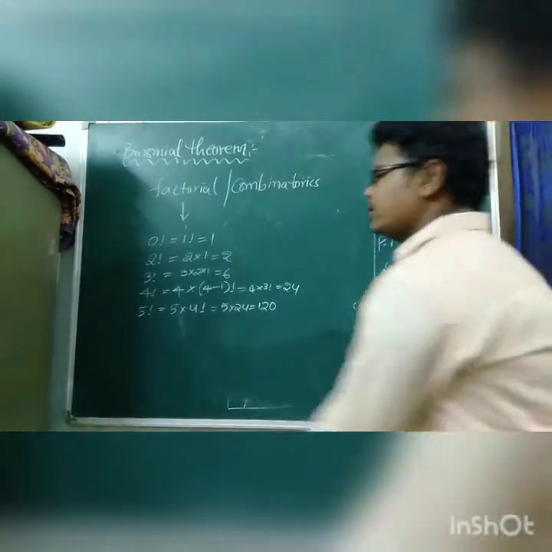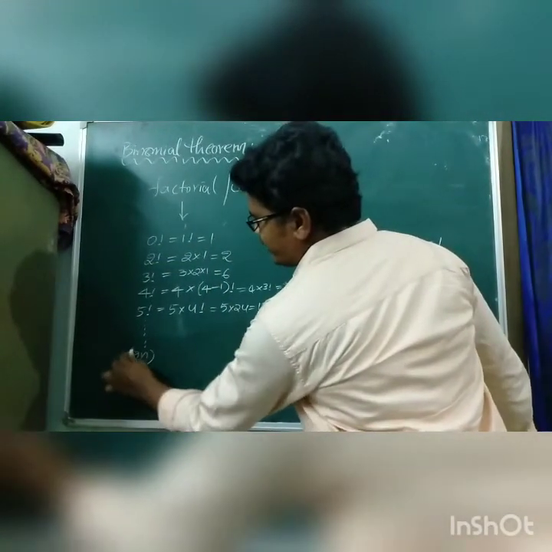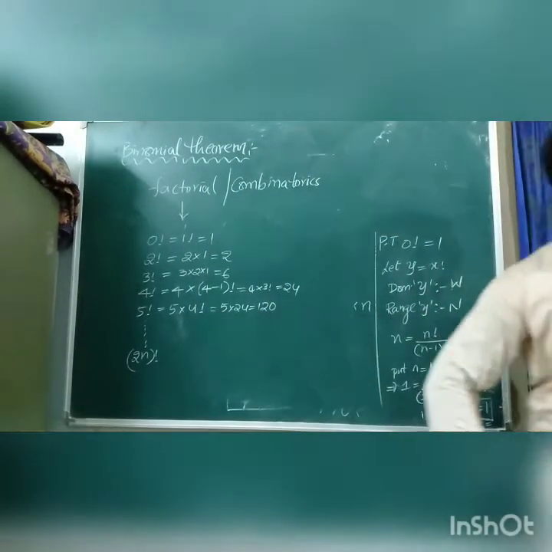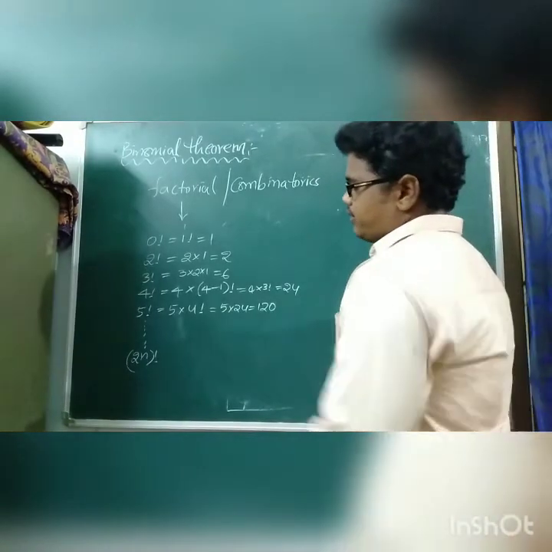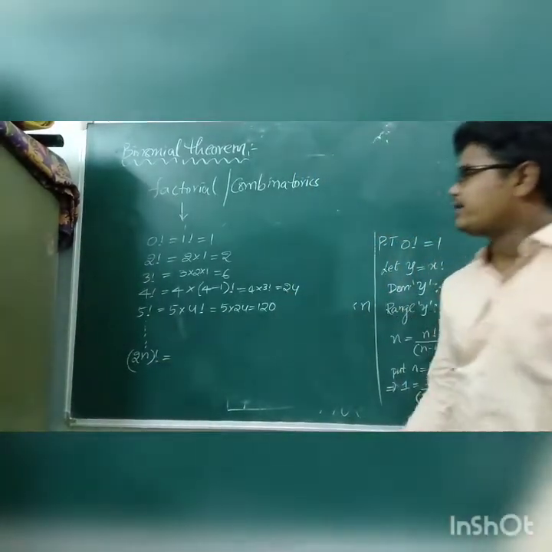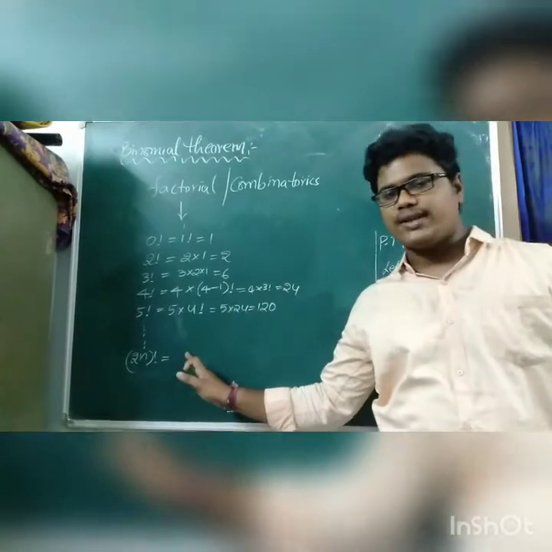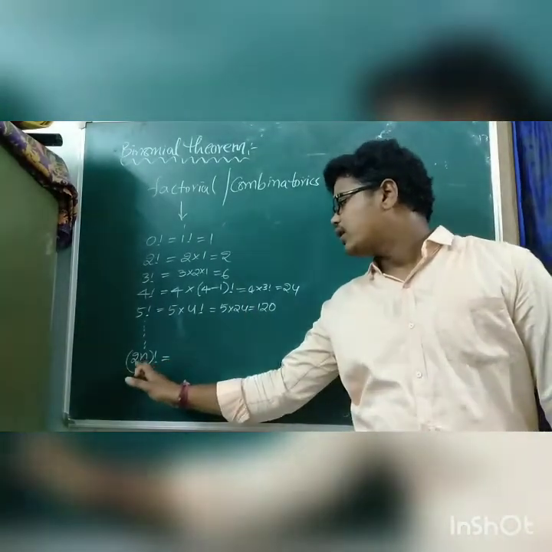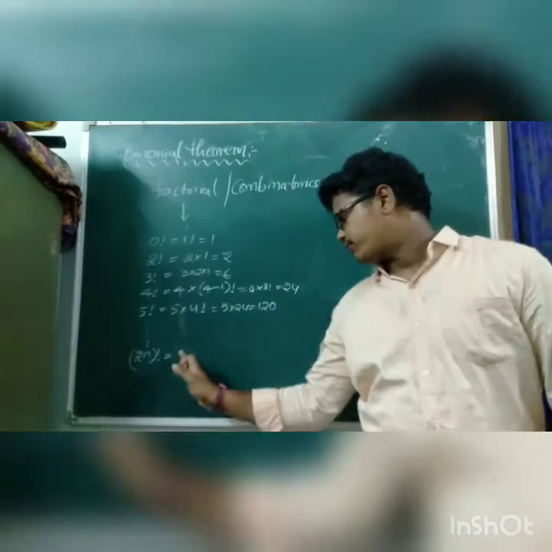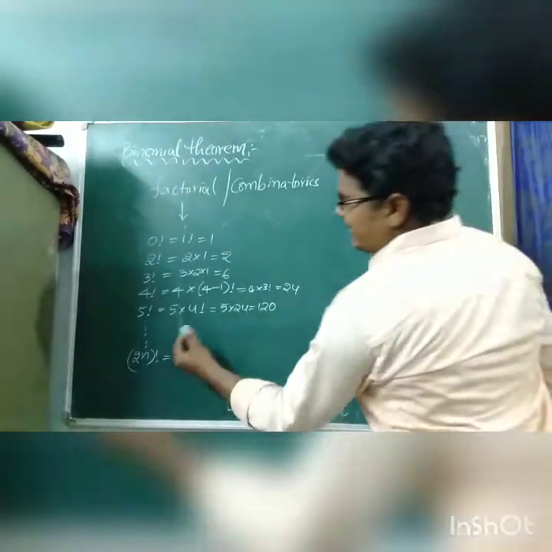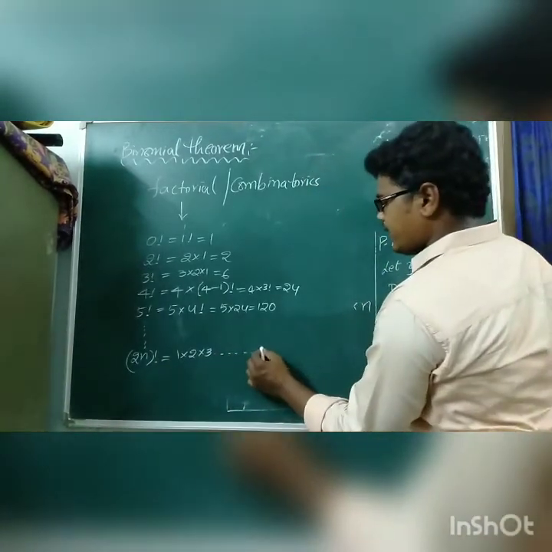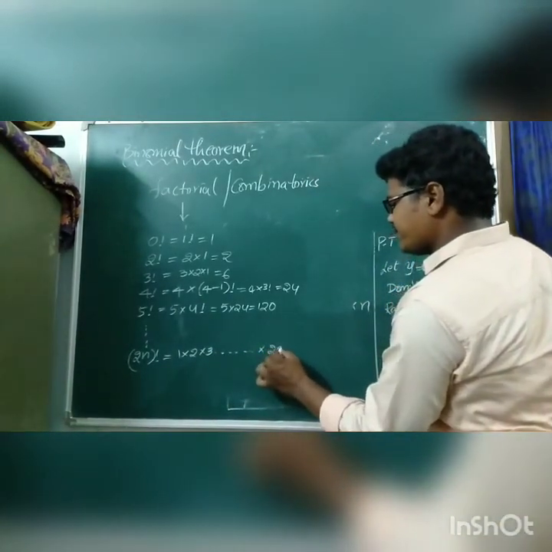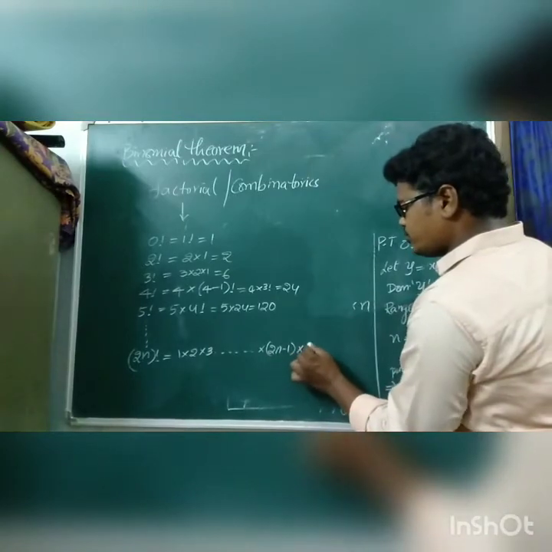And the next, okay. What about the value of (2n) whole factorial? Coming to the (2n) whole factorial, how can we find it? We already said that factorial means the continuous product of the first n natural numbers. Now we consider (2n) whole factorial as the product of the first 2n natural numbers, which continues from 1, 2, 3 and so on, up to the last terms 2n minus 1 into 2n.